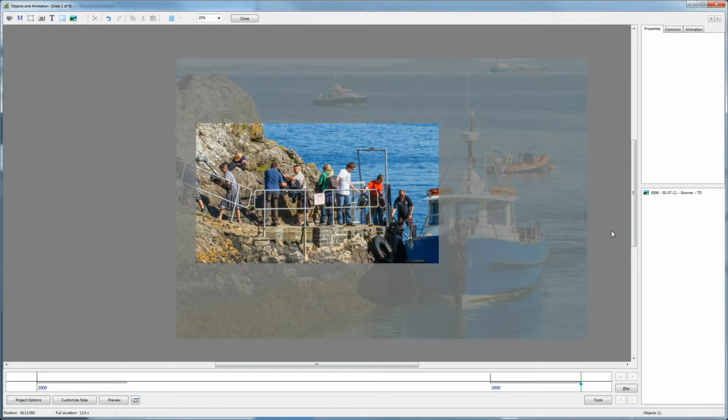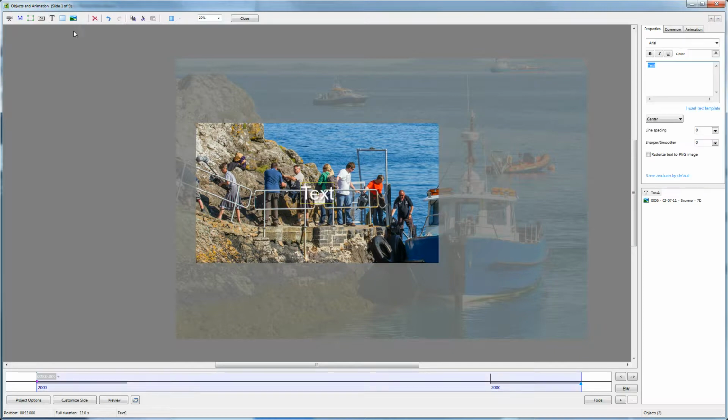So what I need to do is make sure that if I just click in the area outside the image, that is no longer selected. Now if I press the T button, you can see it's appeared as a separate object in the objects list. So I'll be able to move this independently of the photograph. Now in here, this is the text input box. So I'm going to call that